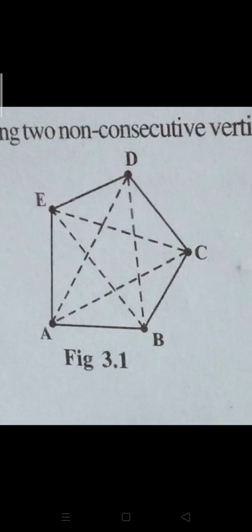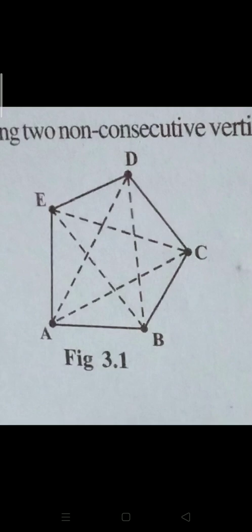Now you take point A. Now point A is connected to point E and point A is connected to point B. So you can't draw any diagonal that way. But now A has no connection with angle D. A has no connection with angle C. So you can easily draw a diagonal that way. So you can draw AD. You can draw a line from A to D. So that is your diagonal AD. Same way, similarly, you can draw a diagonal from A to C. That name of the diagonal will be AC. Clear?